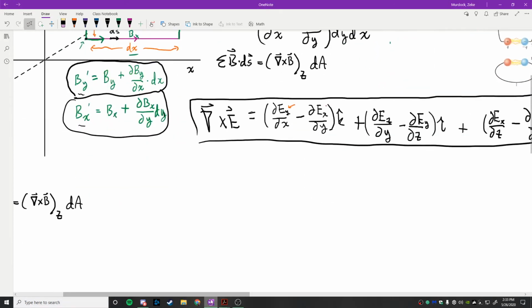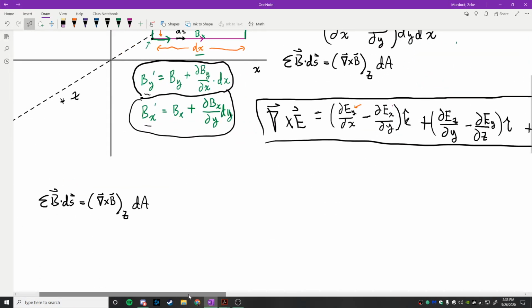And what we're going to do to deal with that is say, suppose that I wanted to sum over all possible loops here, right? I would argue that this entire expression, once I do a full line integral, is going to end up looking something like this. If I do b dot ds and I don't just look at one plane, we did the xy plane. If I also do the same thing over all planes, then I'm going to argue that what shows up on the right-hand side, since it's something dA, is effectively going to become a